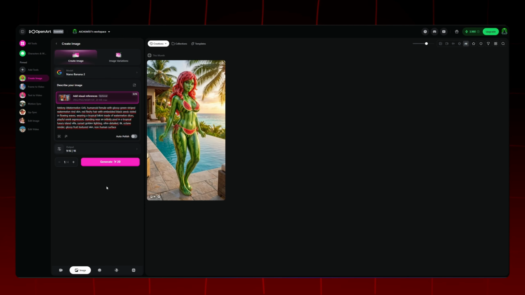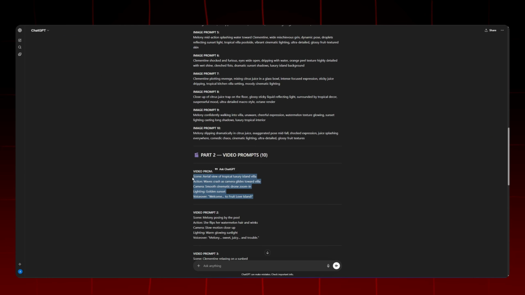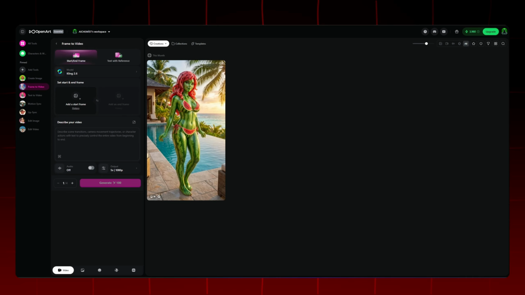Once our image is generated, go back to ChatGPT and copy the first video prompt. Return to OpenArt and select the Frame to Video section. Again, you can utilize different models and output settings based on your budget. I'm placing the first scene image I downloaded into the Start Frame section and pasting my video prompt into the